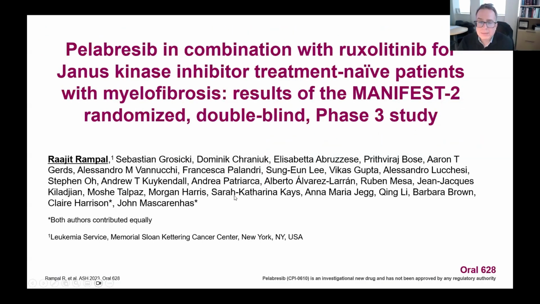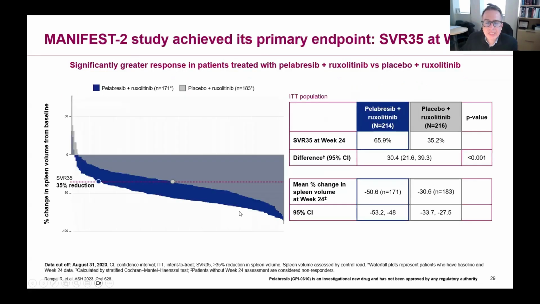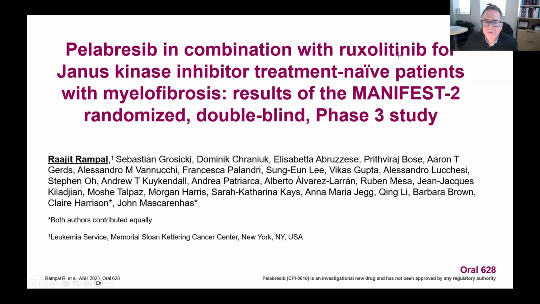And lastly, and I apologize if you're an ET and PV patient in the audience, I've just, for time reasons, stuck with the myelofibrosis data. This is an abstract we presented at ASH just in December, showing results from pelabresib, which is an oral BET inhibitor. These are drugs that change the machinery around which genes are expressed and are very known to downregulate these pro-inflammatory signaling pathways. And this is a randomized phase 3 study comparing pelabresib plus Jakafi versus placebo plus Jakafi, double-blinded,